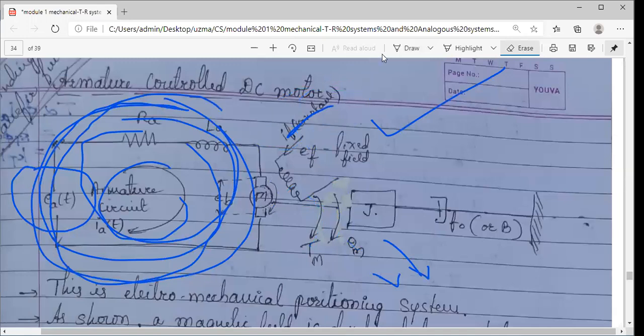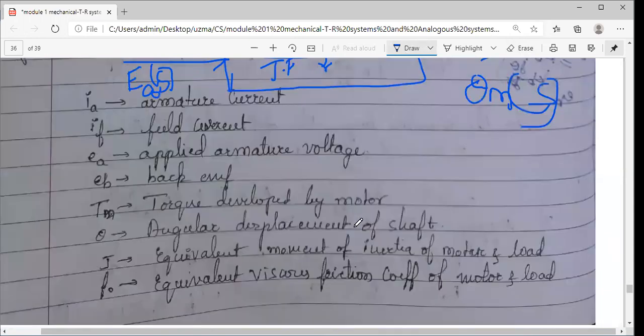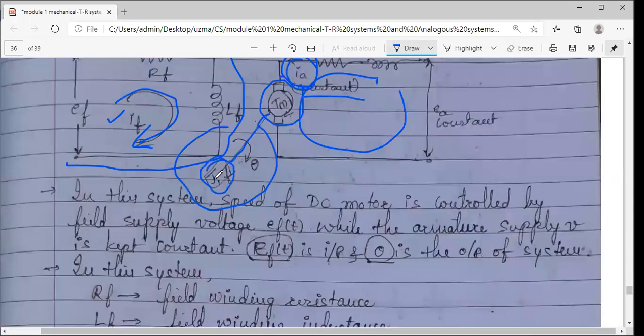After this, you can see how I have connected a shaft. There is a shaft connected. It has got a J. It has got a damper. So you can draw the detail also. In short, I have clubbed J and F together. I have written like this. You can just extend this and draw the detailed figure.